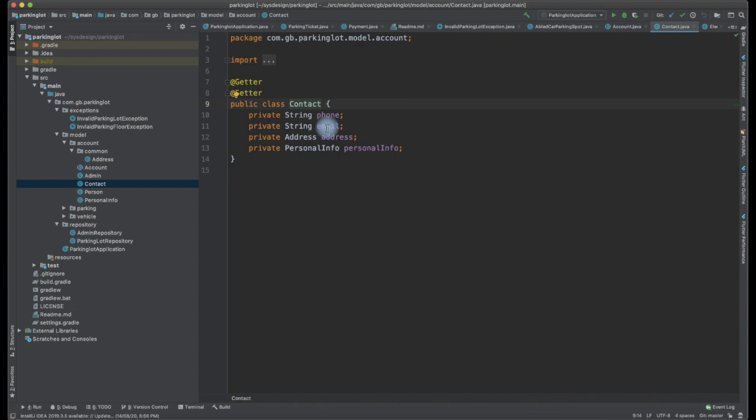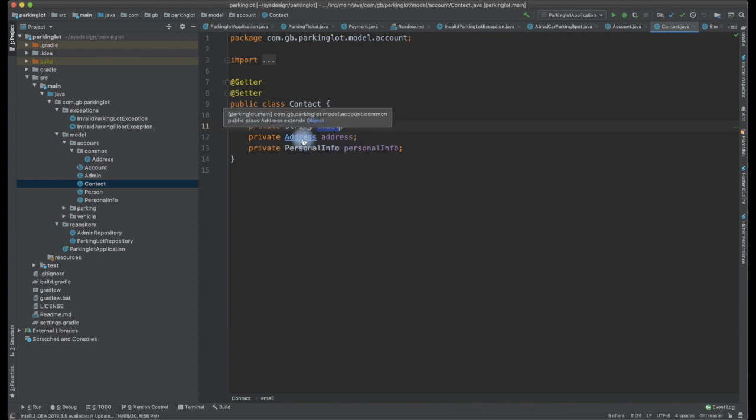In that case we might need to be able to track them in case of emergency or whatever it is. That is why we need to capture it. So we need to capture the contact details irrespective of whoever the user is, given that these are the circumstances that may come. In the contact we will have a phone, an email ID, the address of the person and the personal info.